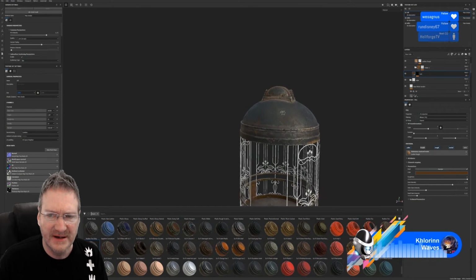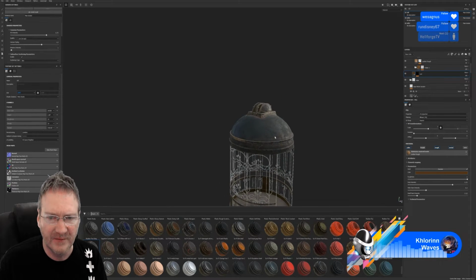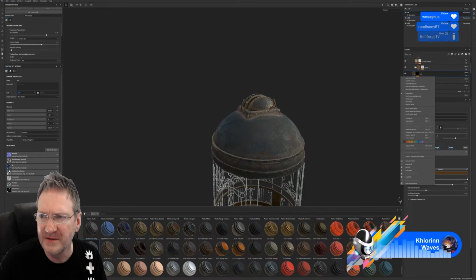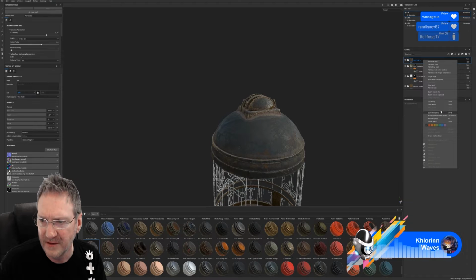Now I've lost my nice shiny top of my lift here, and I've also lost that tarnishing we were getting through the top here, so instead of trying to play with the layers, I think what I might do is do what we did before and add a paint layer. So we've got that layer. Let's add